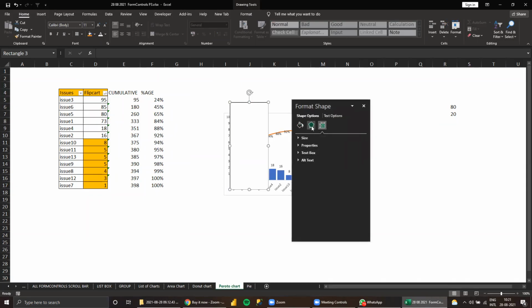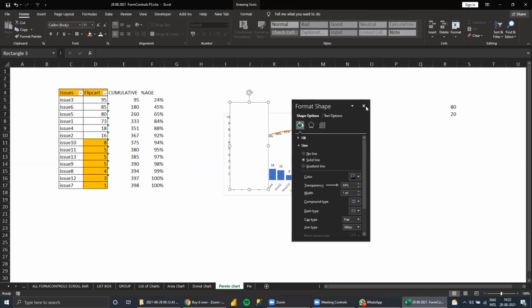Where is the format shapes? And a waterfall chart is also good, no? Or the Pareto chart is good to show the issues like this. Pareto chart is better than waterfall.